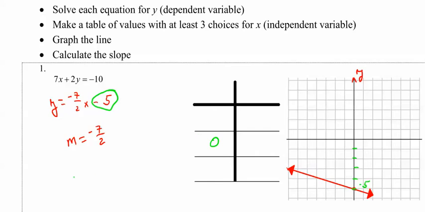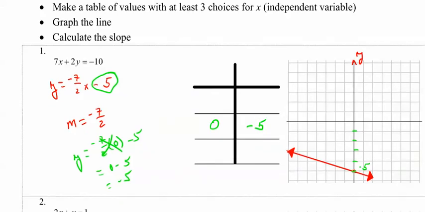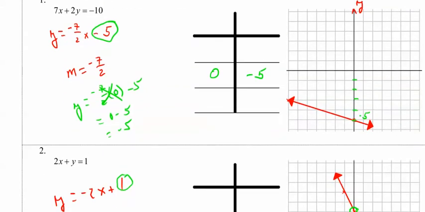And we have y equals -7/2 times 0 minus 5. Any number times 0 is 0. So it stands to reason that the -5 is our result. Makes sense. All right, the other thing I want you to notice here is that